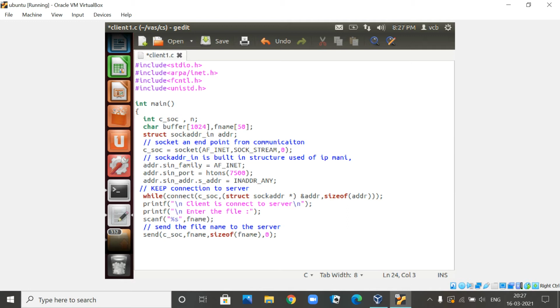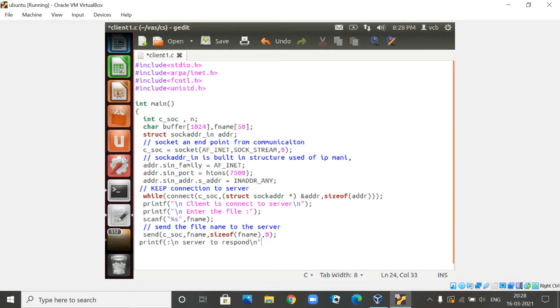So send takes 4 arguments, right? You can refer to how many arguments send takes. Now we are trying to send this file name to the server. After sending the file name, we'll print some message, so we'll just say printf \n. What will happen generally? The server is going to respond.